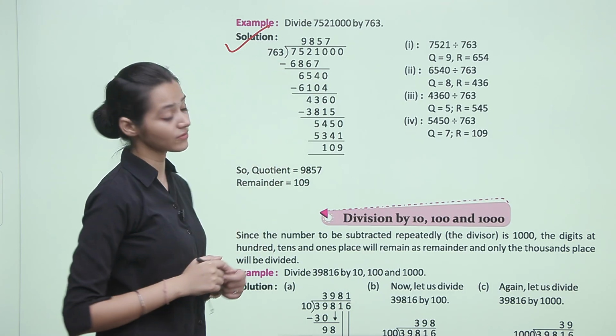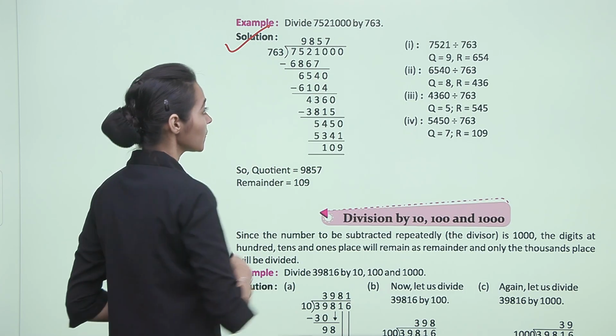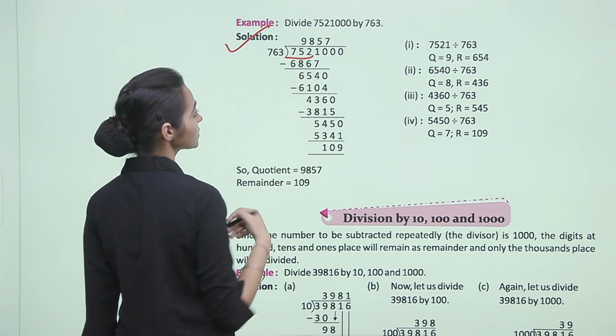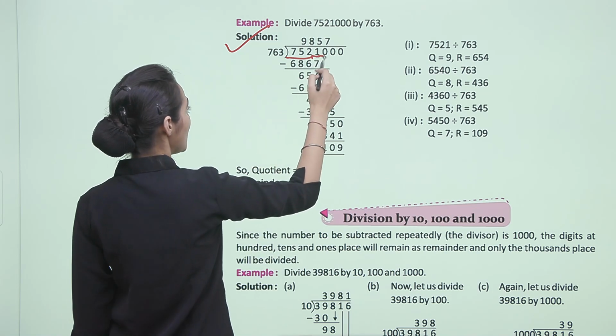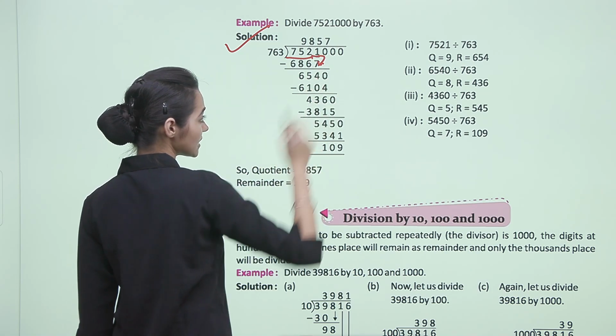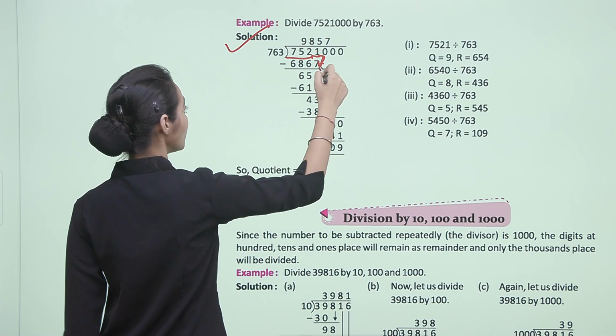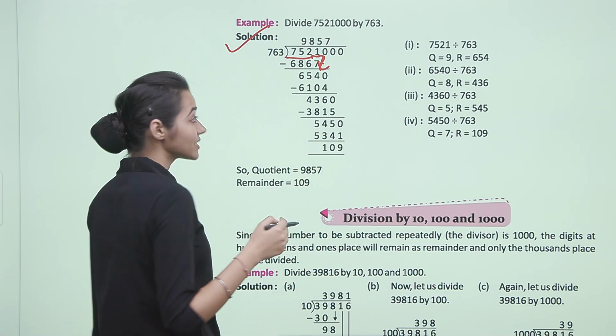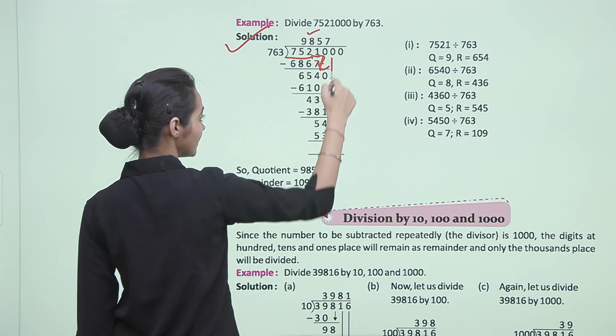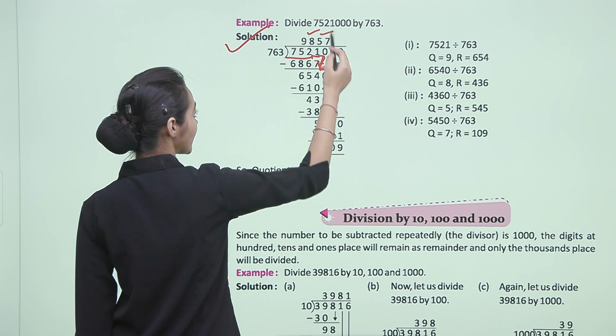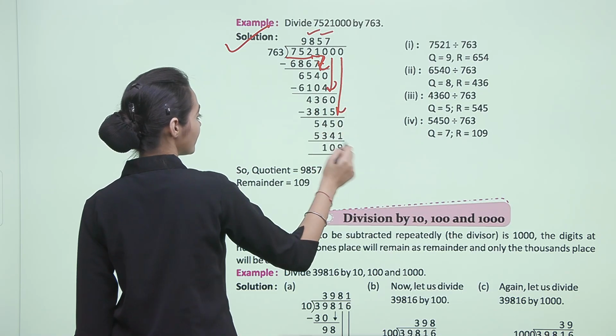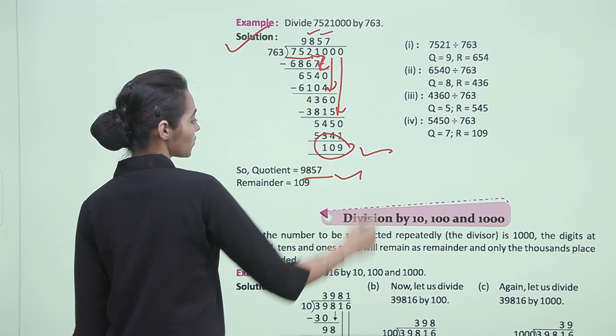And in the next one again we have to divide it by 763. Firstly in the first step 3 numbers not possible, then we will take 1 down. After that we will subtract it and we will take 1 0. After that again we will divide it by 8 and then we will take 1 0 after subtracting, again by 5 and then by 7 and the remainder is 109 and the quotient is